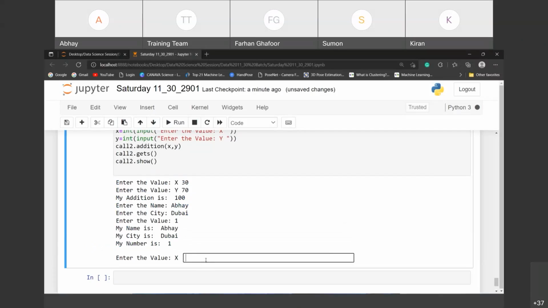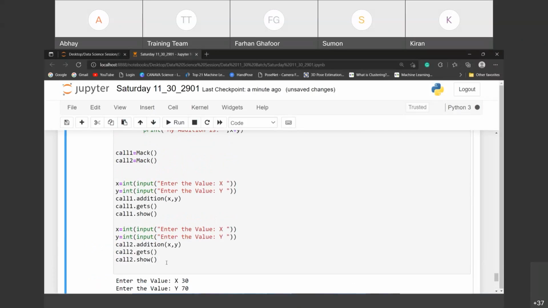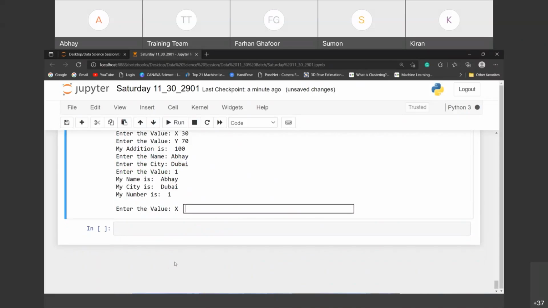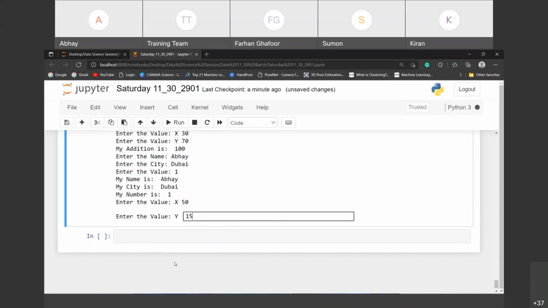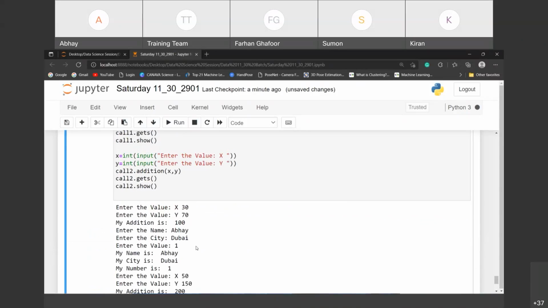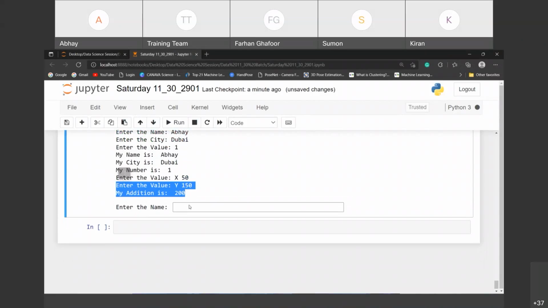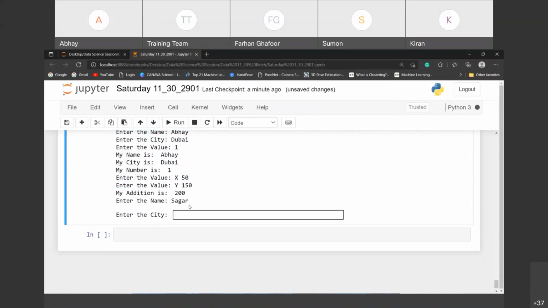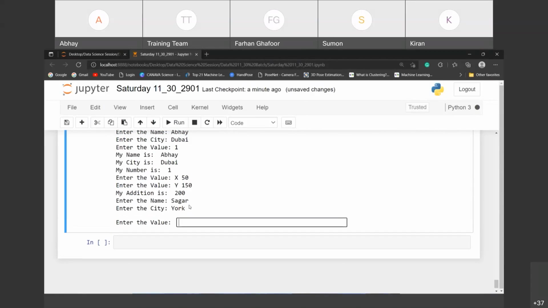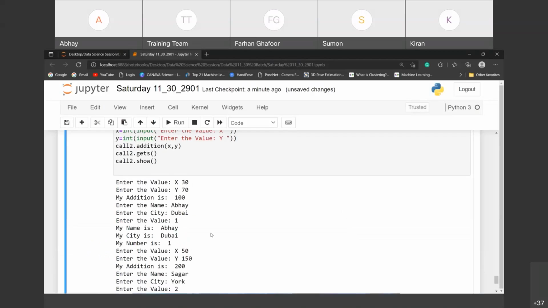Okay, and now he started with the second call object, call 2 object. Now here I am passing 50 plus 150, that is 200. This is for 100 and this is now for 200, and here I am passing Sagar, here I am passing York, and the value is 2. So now tell me